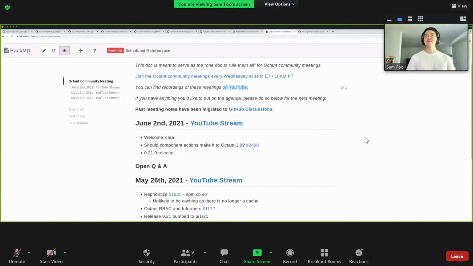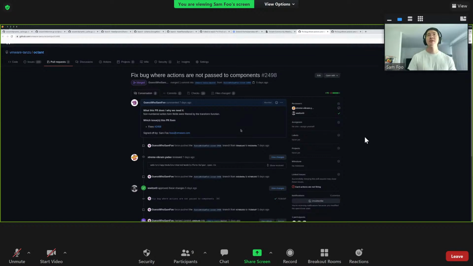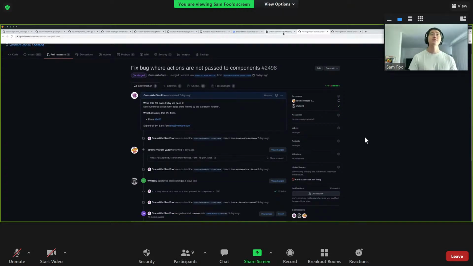All right, cool. The next item on the agenda I want to talk about today is something that came out of an issue or a bug that's been in Octant for 2 releases now. This is 2498, fixed bug where actions are not passed to components. Right, so the idea here is that,